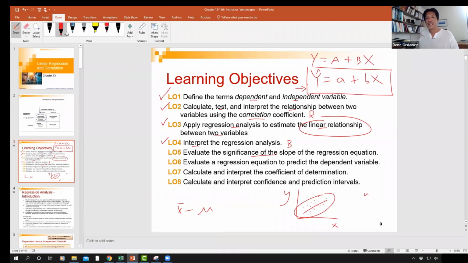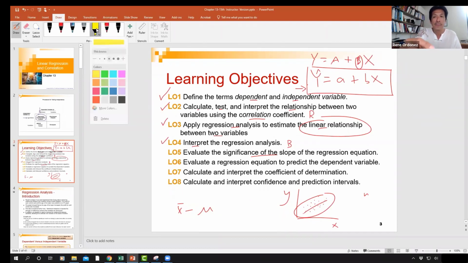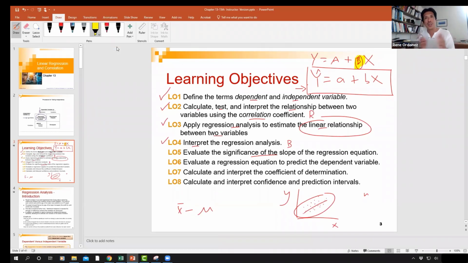All right. So in the models, that is the actual slope of the relationship between x and y, which we're trying to estimate. And when you take a sample size n and then run a regression on that sample, you obtain what is known as an estimate of the slope of the actual equation. All right, so that's what this learning objective number 5 is,